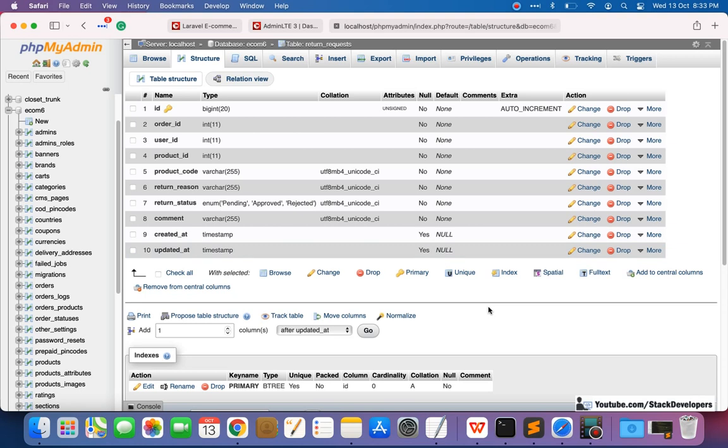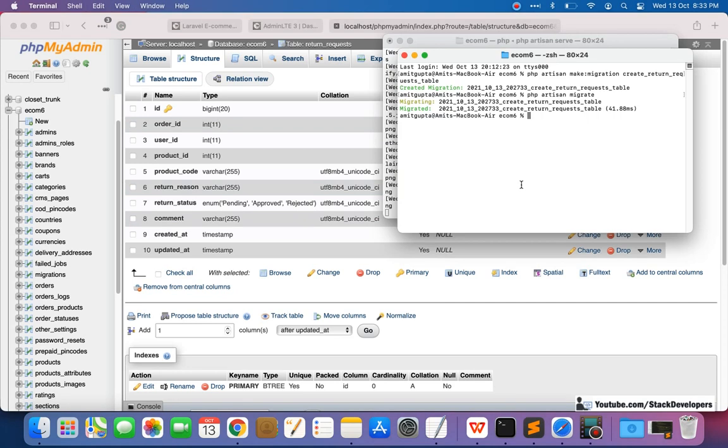Now we are going to create the model as well for this return request table. So let's create the model: php artisan make:model ReturnRequest.